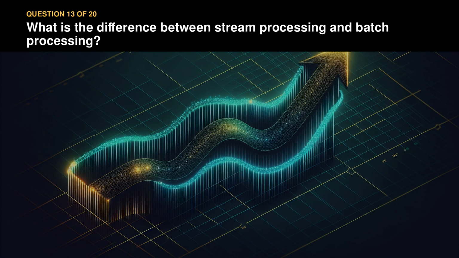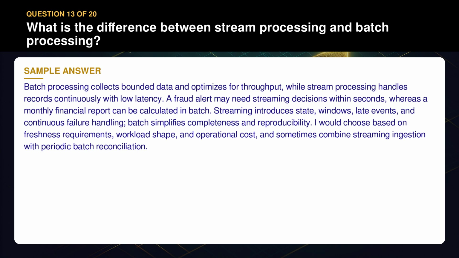Question 13. What is the difference between stream processing and batch processing? Batch processing collects bounded data and optimizes for throughput, while stream processing handles records continuously with low latency. A fraud alert may need streaming decisions within seconds, whereas a monthly financial report can be calculated in batch. Streaming introduces state, windows, late events, and continuous failure handling. Batch simplifies completeness and reproducibility. I would choose based on freshness requirements, workload shape, and operational cost, and sometimes combine streaming ingestion with periodic batch